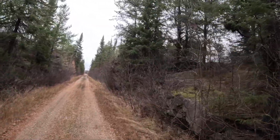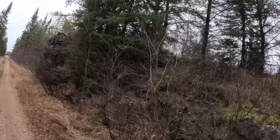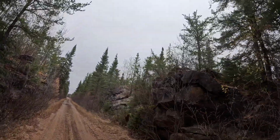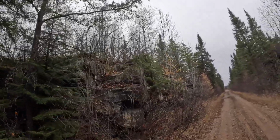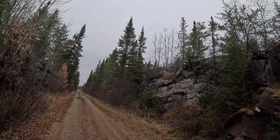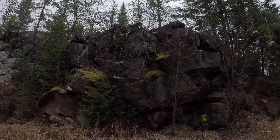A couple quick little rock cuts, and then we don't see some for a bit. So here it's pretty low, probably in the range of about 4 feet, and then all of a sudden it jumps up, and you can see here we're probably over 10 feet. And again, it just gives you an idea of the massive amount of work to build this line. We just came through a huge rock cut, and then basically we have